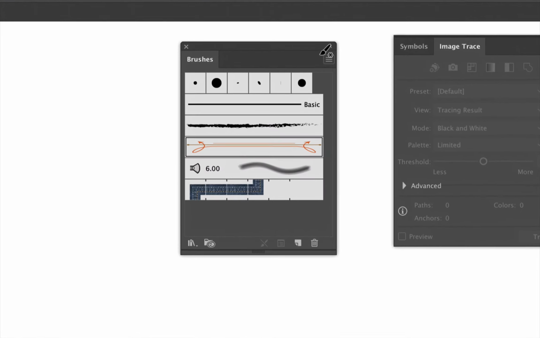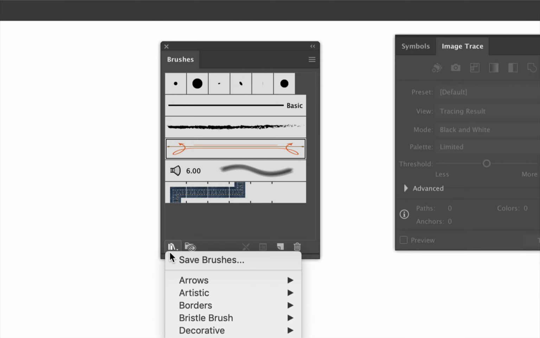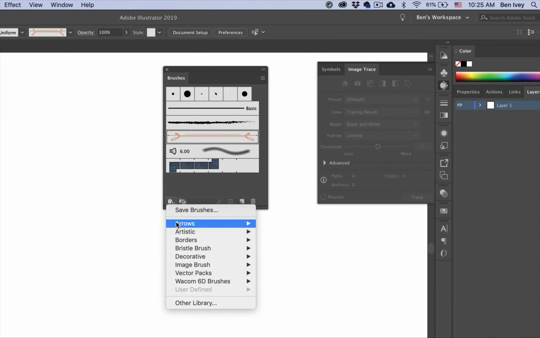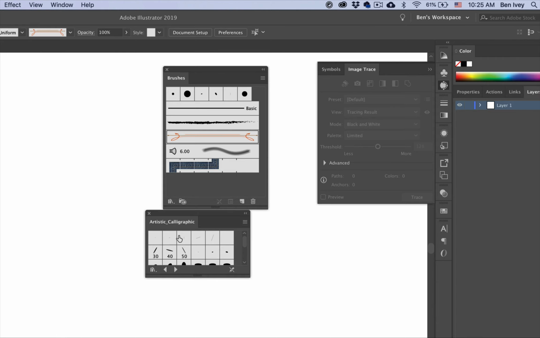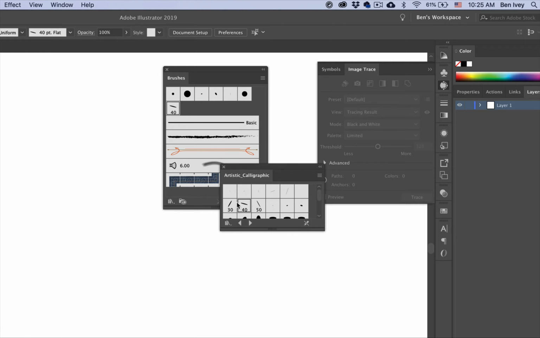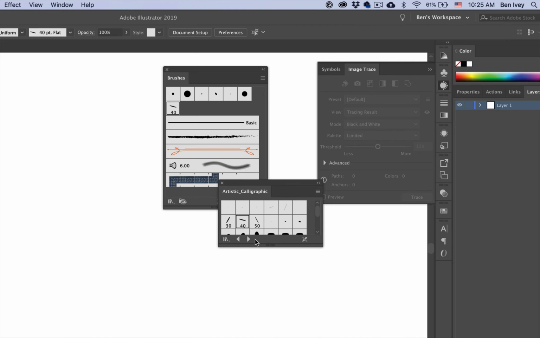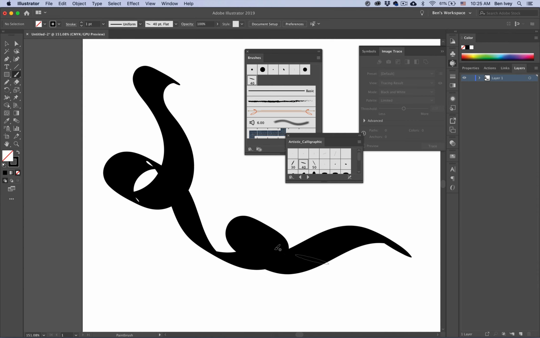If you want to find more brushes, open up your Brushes panel, and then at the very bottom you can see there's a Brush Libraries menu. There's different kinds of brushes that we can add on to these depending on what we're doing. I'm going to go to the artistic ones, and let's open up some of these calligraphic brushes. So calligraphic brushes add a tip, and when I click on them you can see it adds to my Brushes panel. They add a tip that's flat and rounded